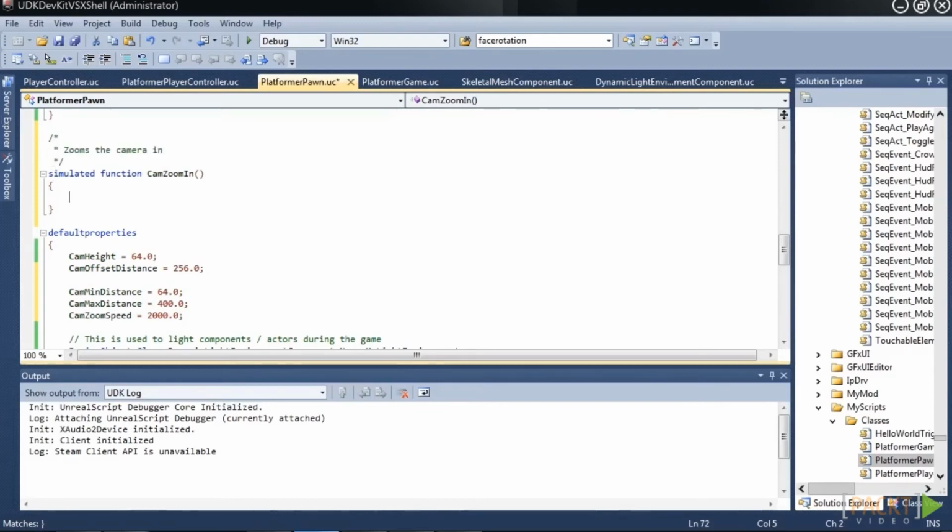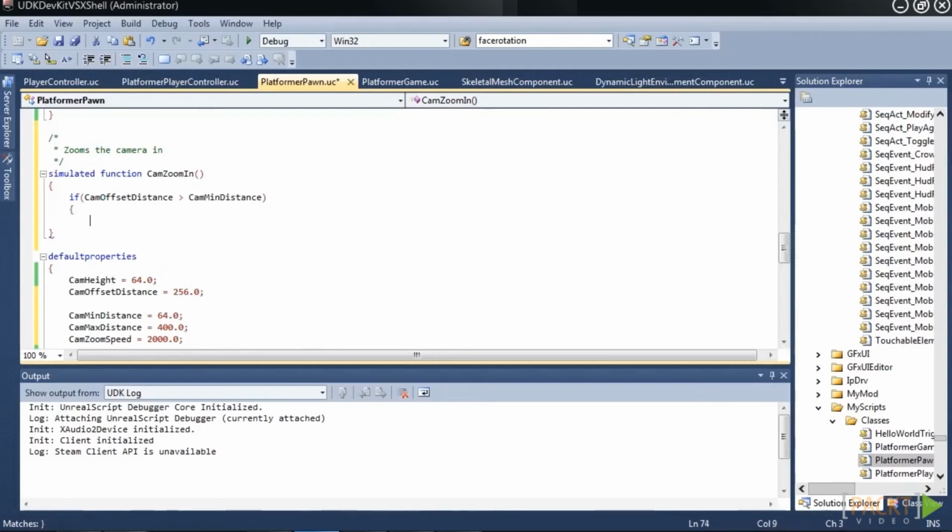After this, I'm going to check if the camera's offset from the player isn't too close. So if CamOffsetDistance is greater than CamMinDistance,